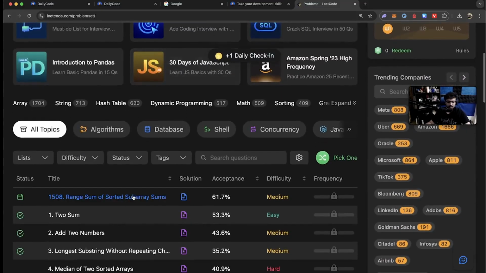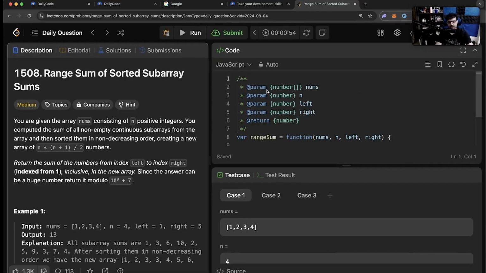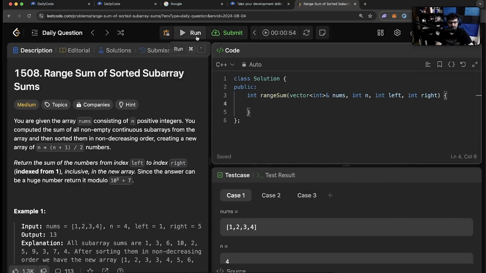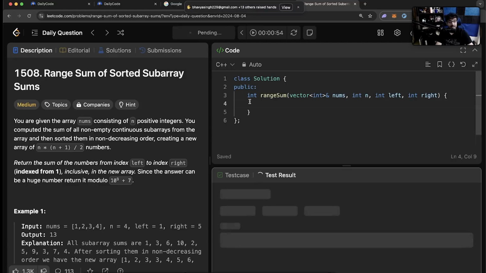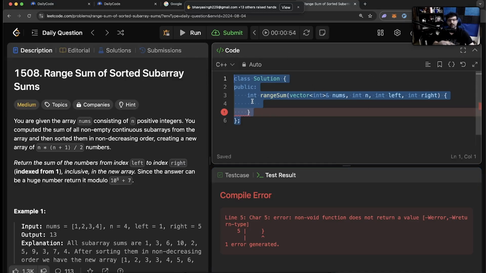If I go to any problem over here, you might say, Harkirat, look, you said C++ code doesn't run. I will select C++ over here and I will run this code. Does this mean your browser can run C++ code? The answer is still no. This code runs on a separate server, a LeetCode server. It is not running here in Delhi on my laptop. It is running somewhere in the US, somewhere else. This code goes to a different server and runs over there.